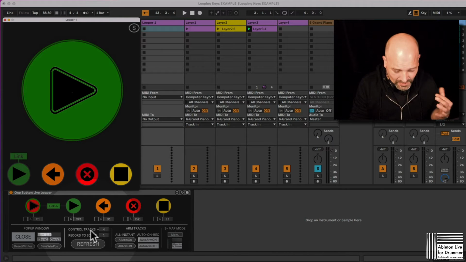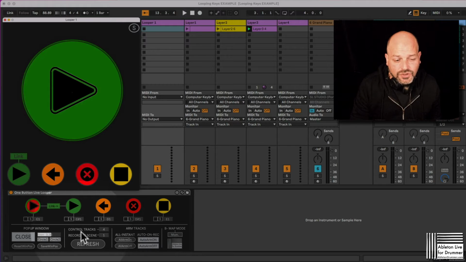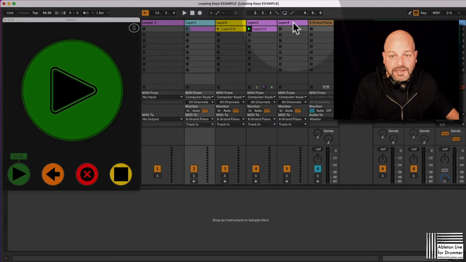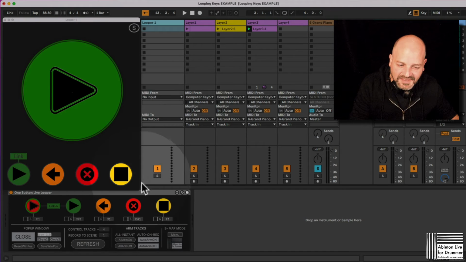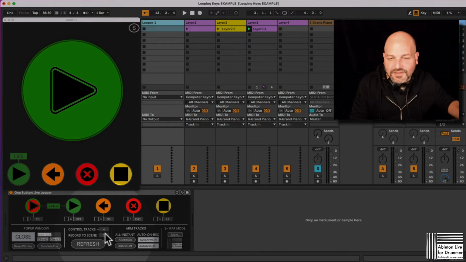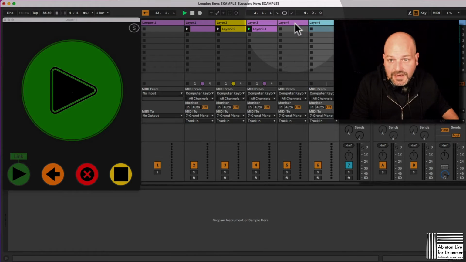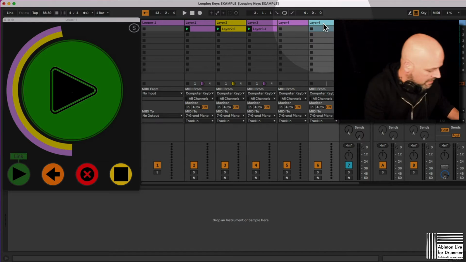And what is really important for you to control is the control tracks number here. So this is like the first thing you should set up. This will determine how many tracks, so how many layers you want to control. So obviously this needs to be set right for the device to work. So for example, if I say, well, I want another layer to be added, or I maybe want 10 layers here,